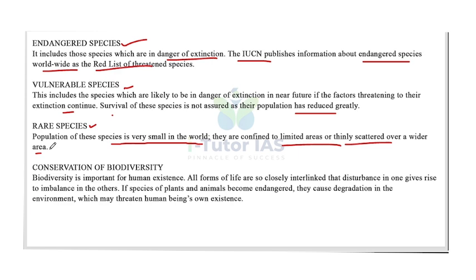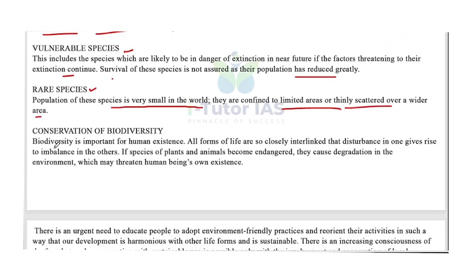Now, conservation of biodiversity. Biodiversity is important for human existence. All forms of life are so closely interlinked, and disturbance in one gives rise to imbalance in the others. So these all are interlinked, and if there is any disturbance in one, it gives rise to imbalance in others also. If species of plants and animals become endangered, they cause degradation in the environment, which may threaten